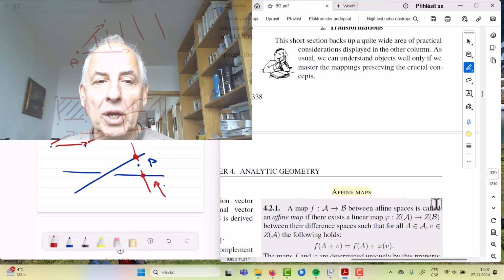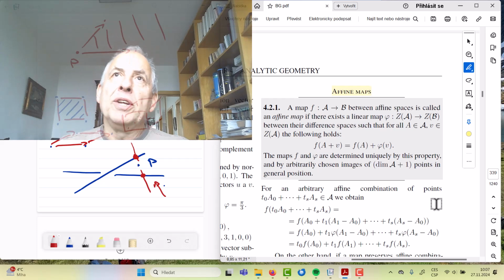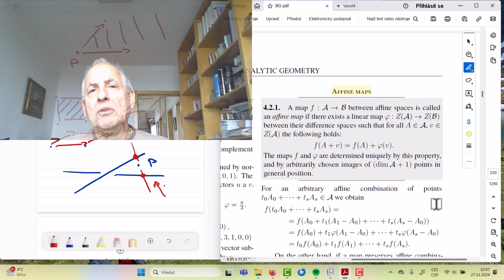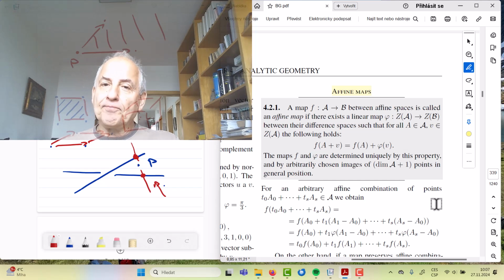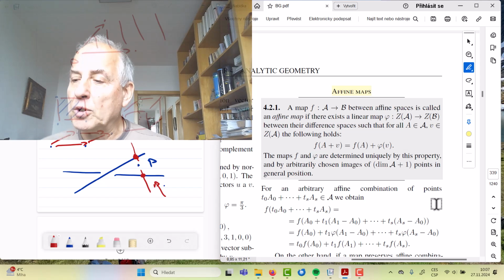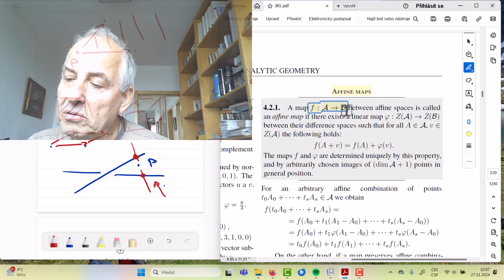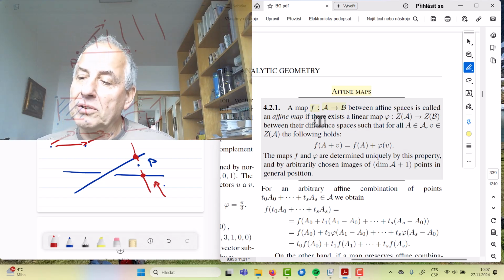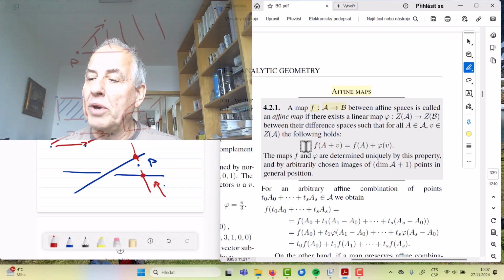So what would be the affine maps? The definition at first glance looks a little bit strange, weird, right? In vector spaces we had the linear combinations, so that was easy, so we thought, well, why not take the maps which preserve the linear combinations, and that's it. In the affine maps we mostly just meet the following situation. So we have a mapping between the points,